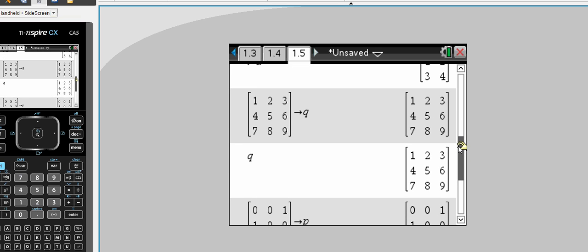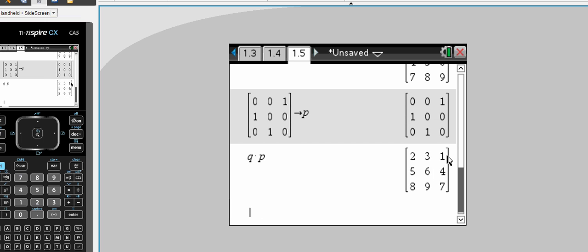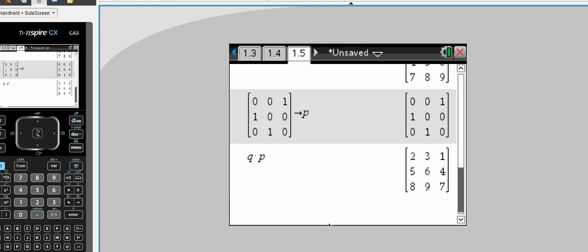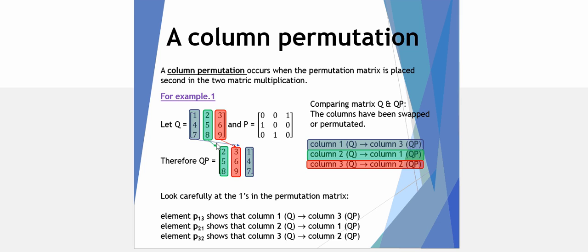Let's have a look. There's our original 1, 2, 3, 4, 5, 6, 7, 8, 9. And now we've got 2, 3, 1, 5, 6, 4, 8, 9, 7. It seems to be a real mess. Is it the same? 2, 3, 1, 5, 6, 4, 8, 9, 7. Yes, it is. So what we've done is effectively taken the column 1 in Q and moved it across to